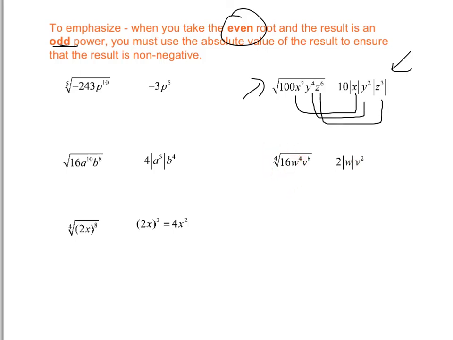If we go back to the rule, it's an even root. Answer is an odd power. Even root, answer is an odd power, so we need the absolute value. Here, we don't need it because the x squared comes out to be an even power. If we go back and look at the summary of those rules,